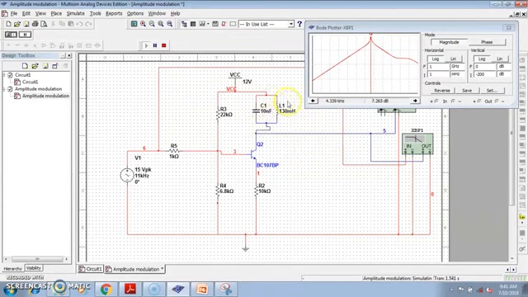So we tune this tank circuit in such a way that the gain at our desired frequency will be maximum, and gain for other frequencies will be so small that they will be suppressed or rejected. So see, gain at this frequency is maximum, so we can get the frequency component 4.3 kilohertz or 4.4 kilohertz at the output. In this way the single tuned amplifier works in Multisim.